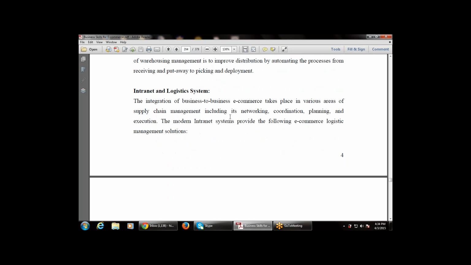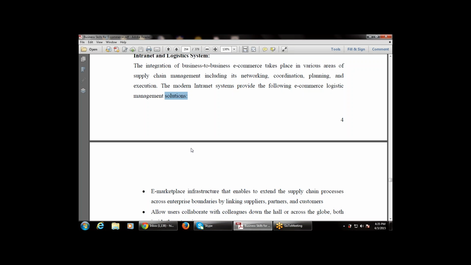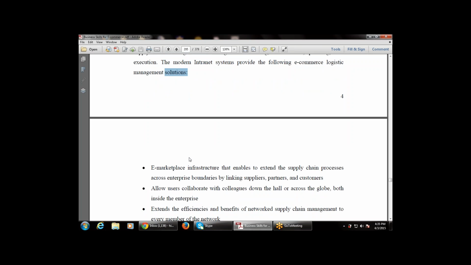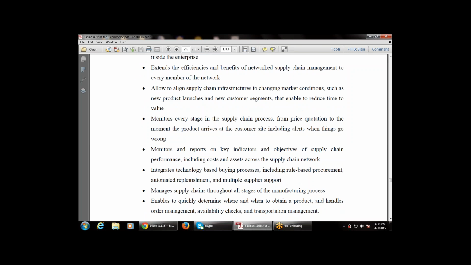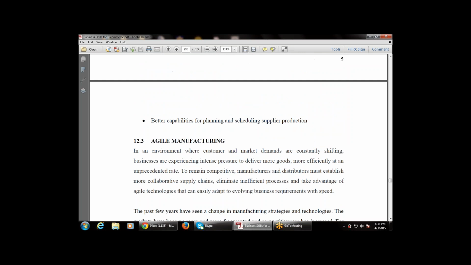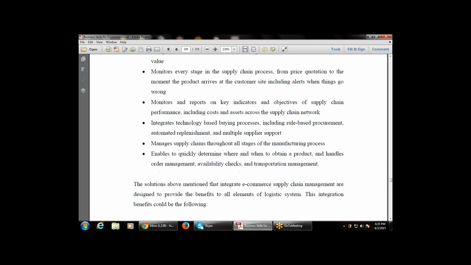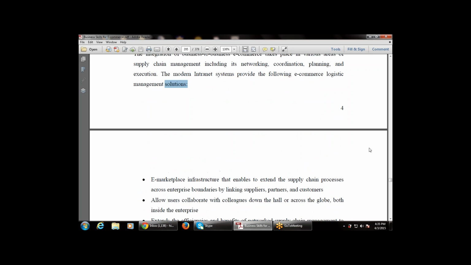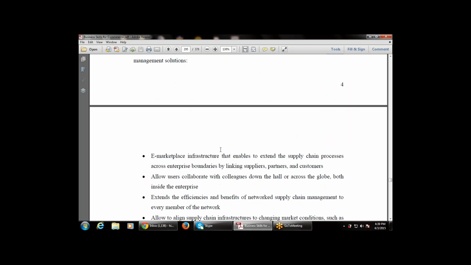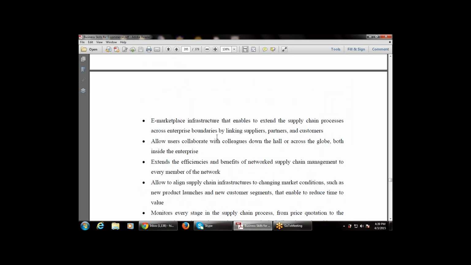The modern internet system provides the following e-commerce logistic management solutions. So what are the various solutions provided by the new logistic system that uses e-commerce? Now, what are the various solutions? The first one says